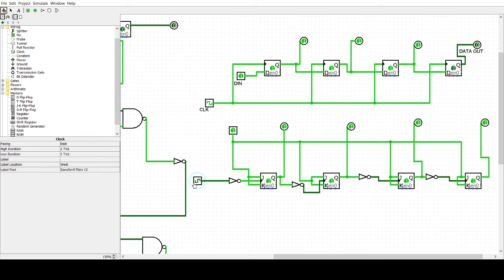Next, if I apply the clock pulse, it should be 0 0 0 0. So it is a ripple counter which will be counting from 0 to 15.